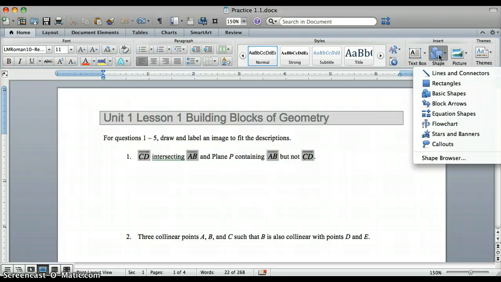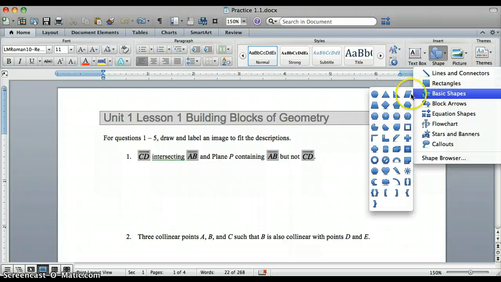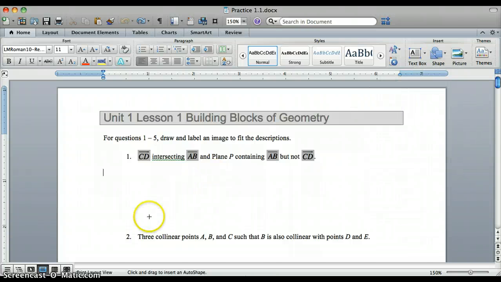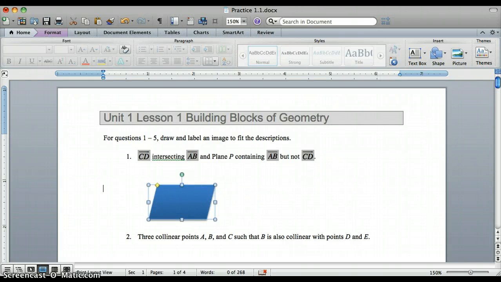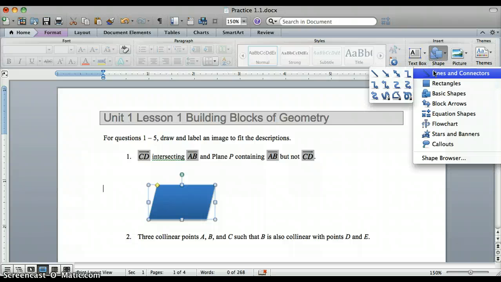Just select any shape you like. There's usually a pretty large selection there. For this first question, it makes sense to start with a parallelogram because that's the plane P that we're starting out with. All right, now on that plane P, we have line segment AB, which we can insert by going to